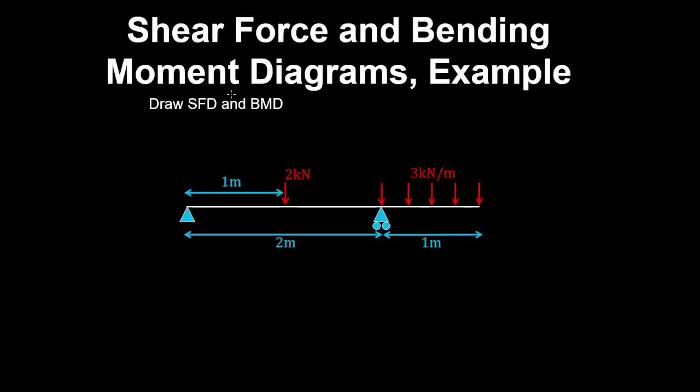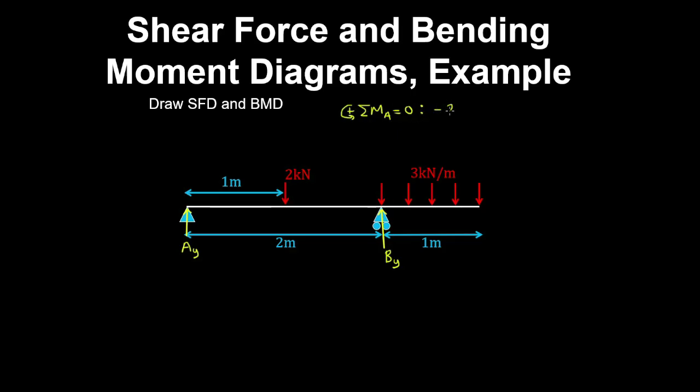Let's draw the shear force and bending moment diagram for this beam with an overhang. First we'll identify the reactions. At the pin and roller, we're only going to have vertical reactions, because there's no horizontal forces acting on the beam, and therefore the horizontal reaction at the pin is 0. If we take moments about support A, with anti-clockwise being positive,